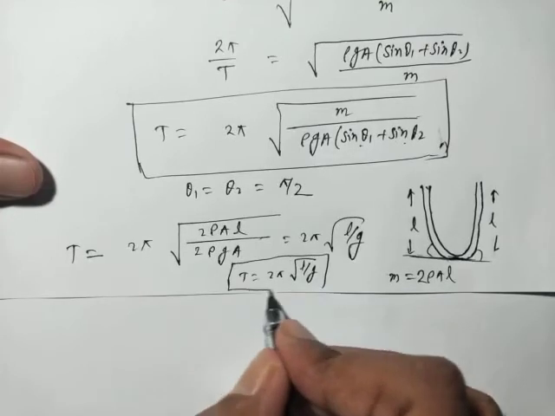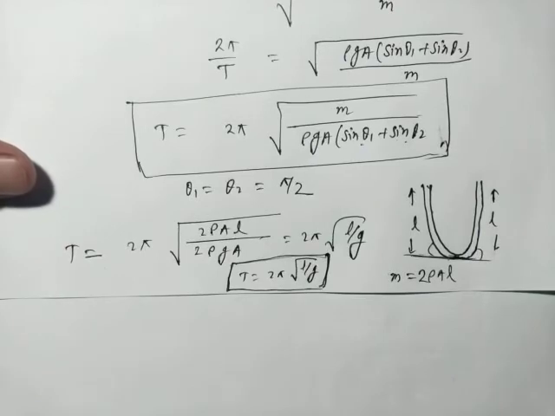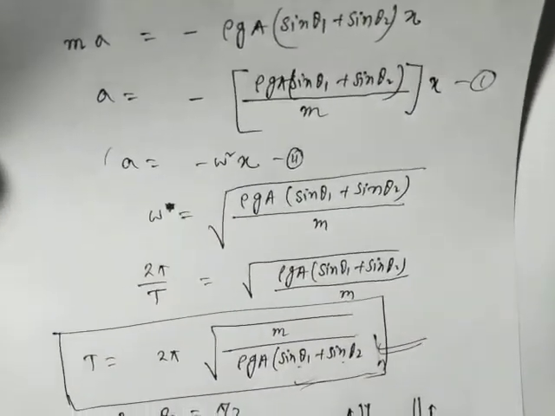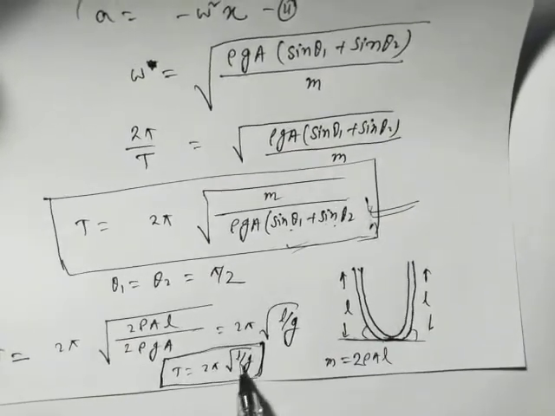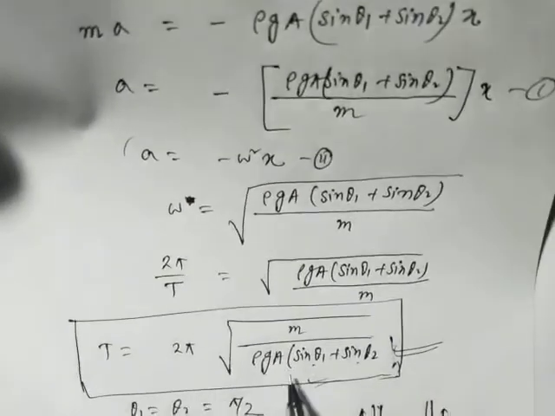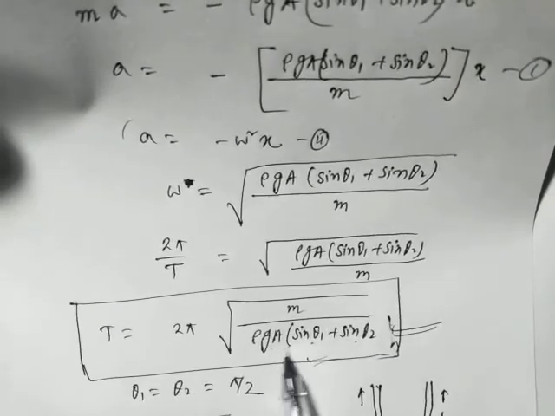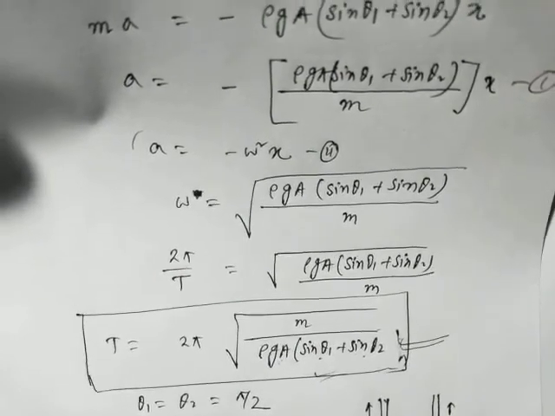This is similar to the expression we have already obtained for the simple pendulum. This is a very important topic, the oscillation of a liquid column. For any shape, like a V shape, the general result will be valid, and for the special case of the U tube, the expression will be 2 pi root L by g. This simply depends on L and g, but in the general case the dependency is more: on theta 1, theta 2 and the cross section area, and the cross section must always be uniform. Okay, so thank you.